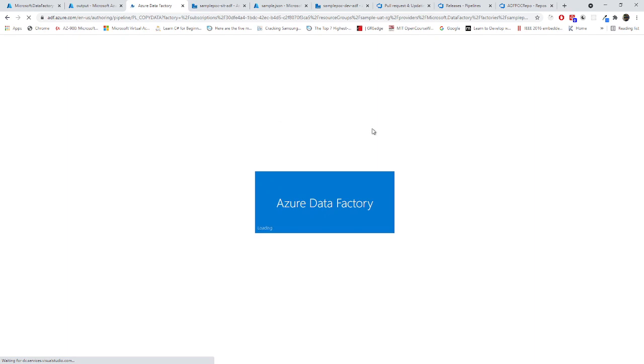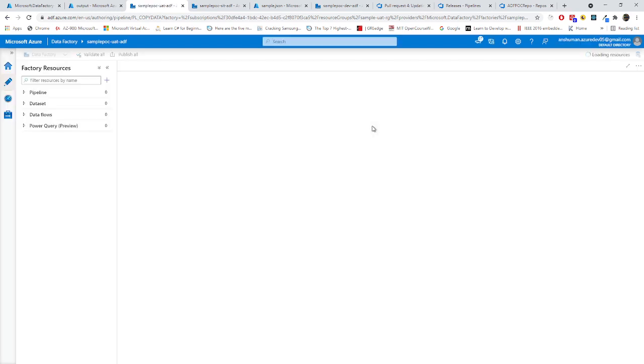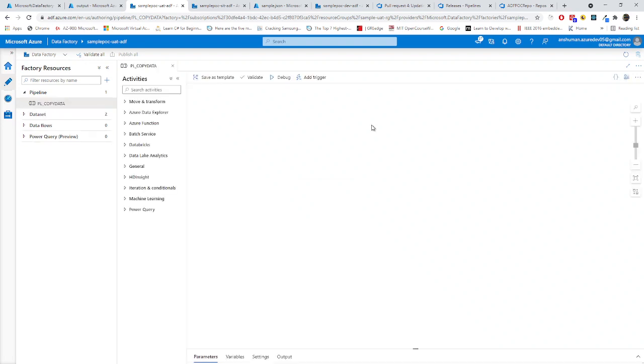What my output should look like is that the files inside my input container should move to the output container, and after that the files inside my input container should be deleted. This was the latest feature I used in dev, and I have pushed everything to our SIT and UAT branch. Okay, so let it be. I'm just debugging it. You can add the trigger as well.